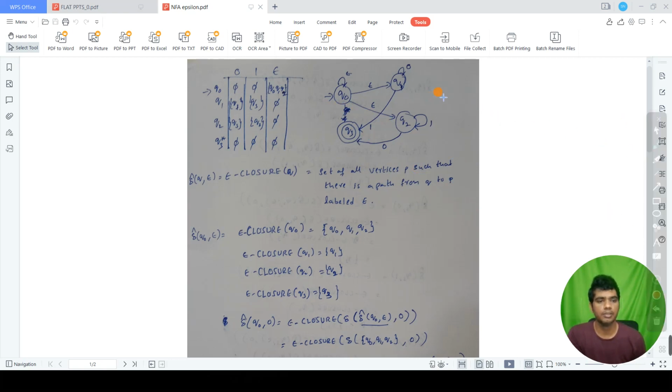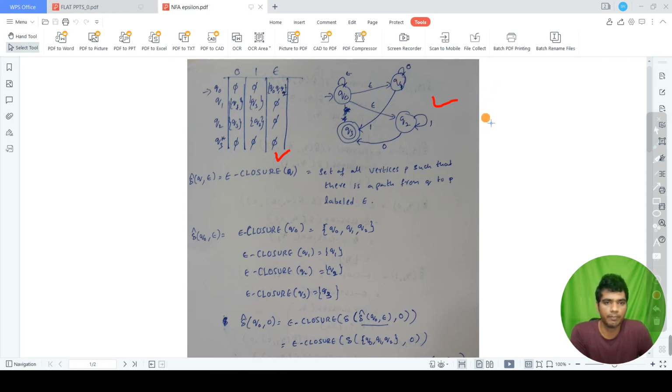Sometimes you can be given a state table like this or state diagram like this. These two represent the same. So an NFA can be represented by state table or state diagram, or sometimes you can be given the